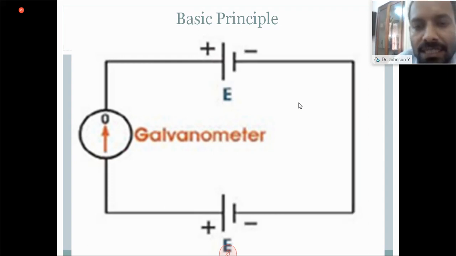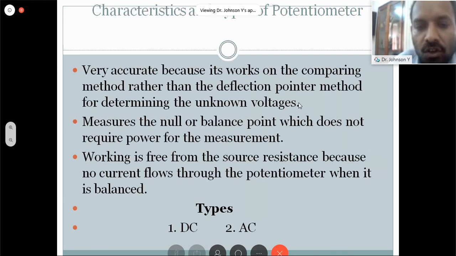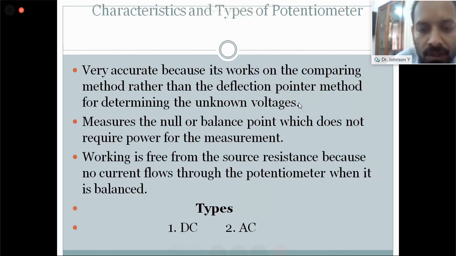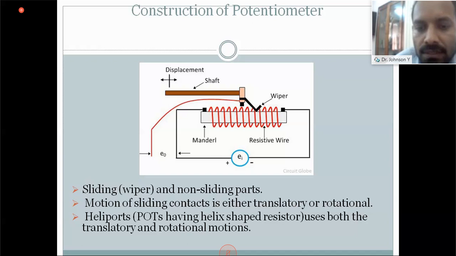And then we move to the construction of a potentiometer. In the construction of a potentiometer slide, we can see this picture in which there is a middle core, or resistive core, and there are two terminals on each edge, and these two terminals are connected to the input source EA. A resistive wire, in red color, is placed on the top of or around that core, and a wiper is moved on the top of that resistive wire.